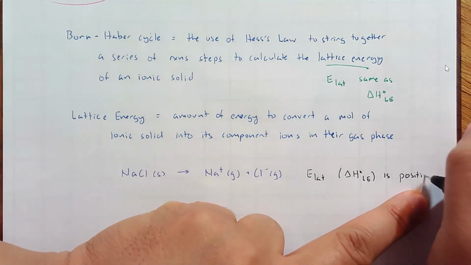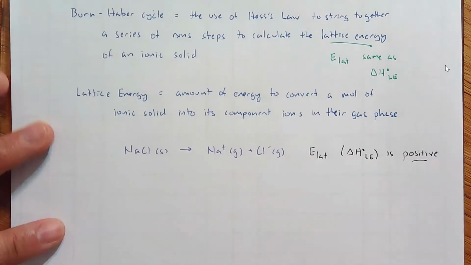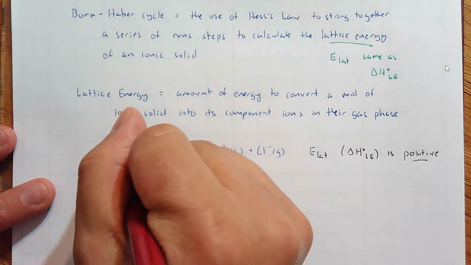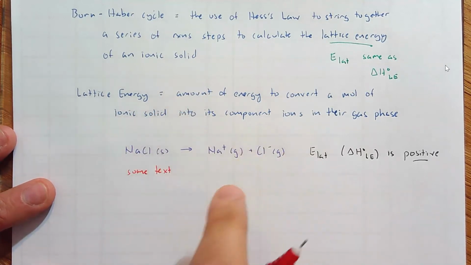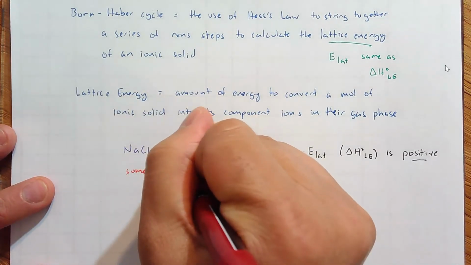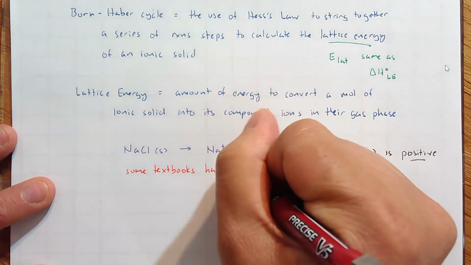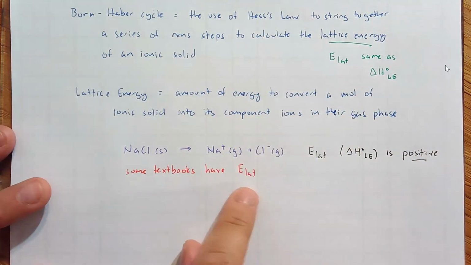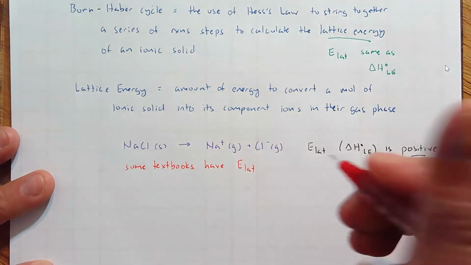Don't forget that. Because there's a warning: some textbooks say the lattice energy is the reverse reaction, and it's negative. ELAT of the formation of NaCl, of the ionic salt,